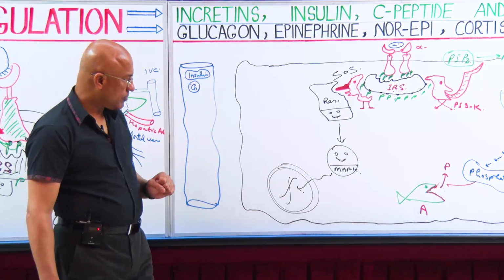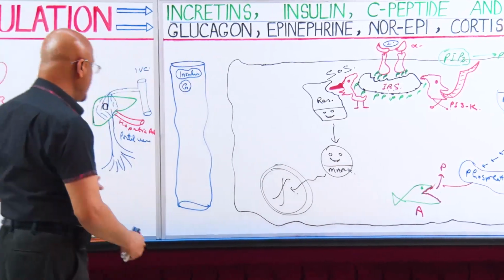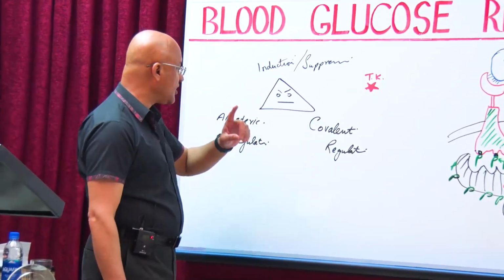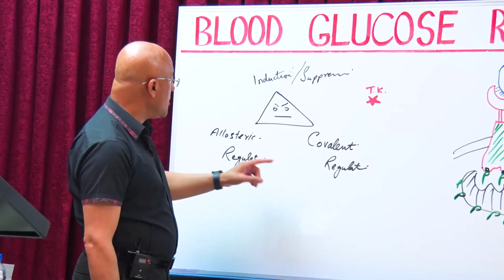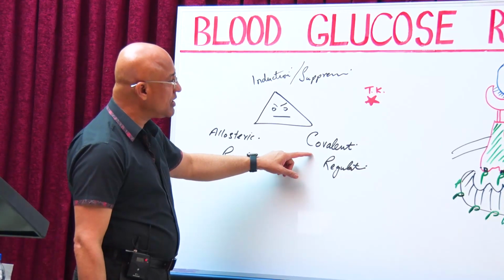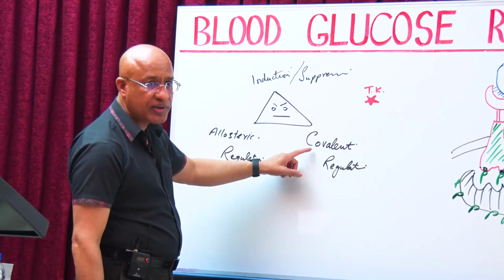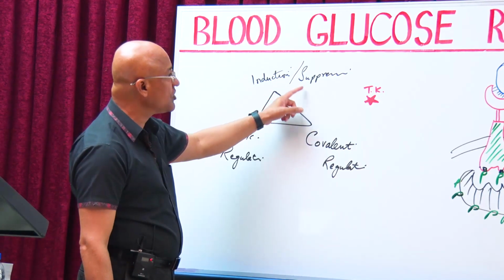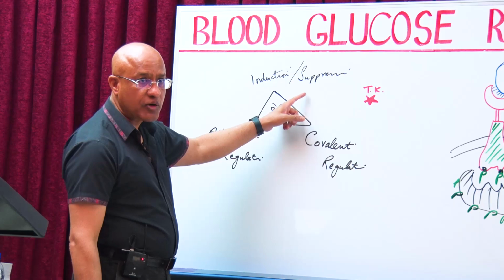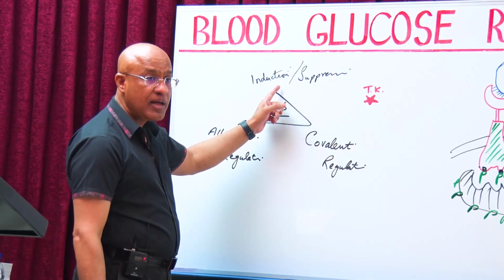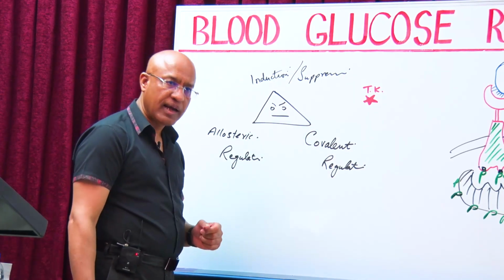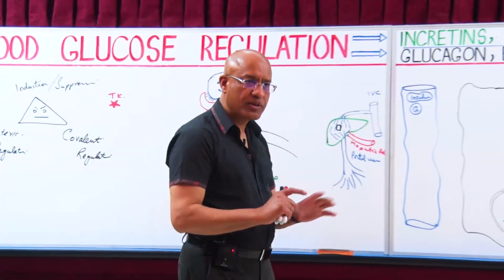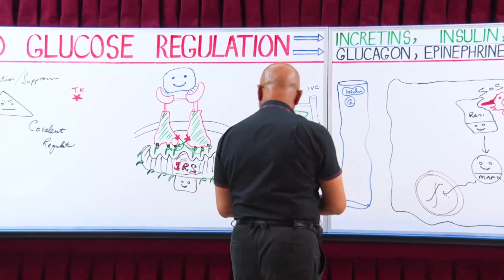Now, what we can say is that we have learned that insulin, listen now carefully, insulin mainly acts on the target enzyme by covalent regulation, by phosphorylation, dephosphorylation system, and by induction suppression system. They are controlling the enzyme activity at the level of production of enzyme, right? Any question up to this? There's no question. Very good.